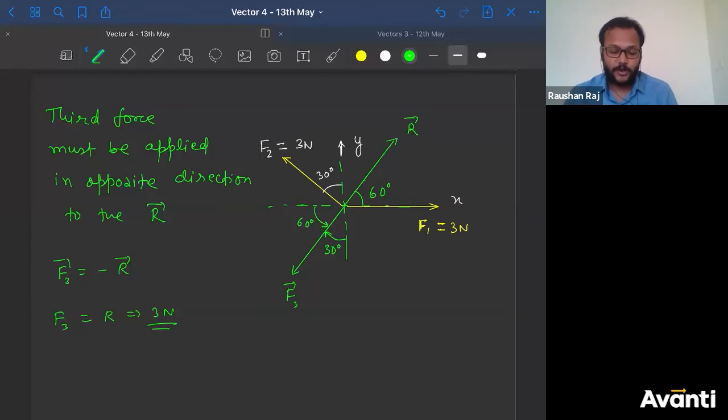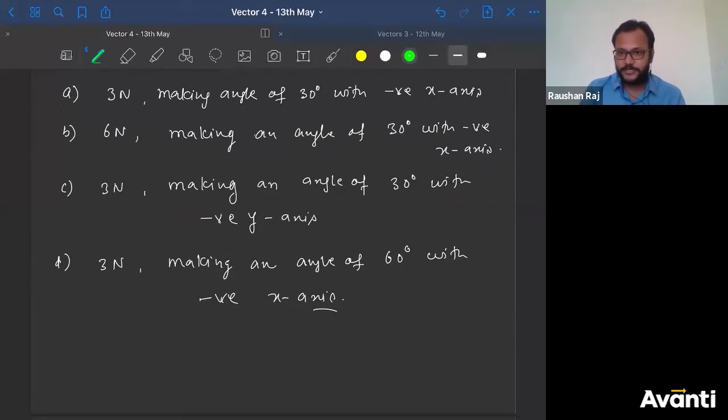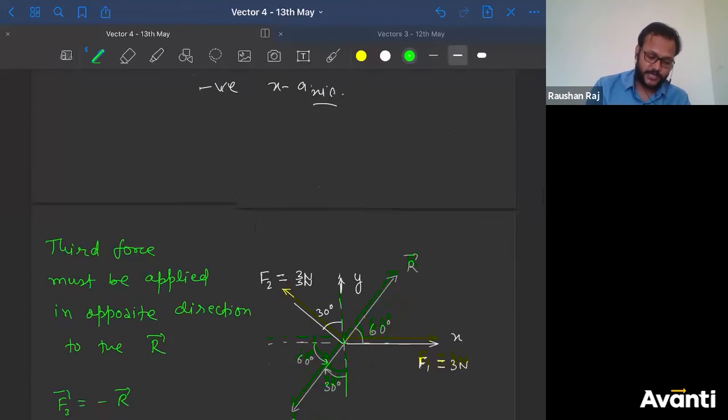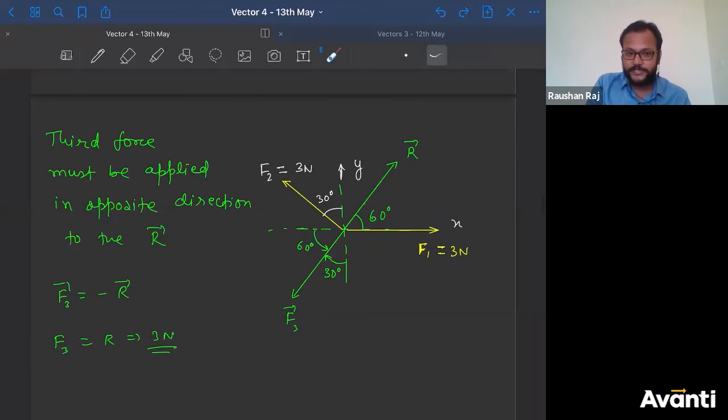मैंने आपको बताया था clockwise. यहाँ पे see, if I'm giving you this as a single correct option, तो single correct option का मतलब क्या? मुझे एक आंसर चुनना है, राइट? मुझे सिर्फ एक ऑप्शन चुनना है. I have to choose only one option. कैसे चूज करेंगे? तो देखो, can I say this 30 degree is a negative angle? Why? Because this is in clockwise direction. कौन सा direction में है? This is in clockwise direction.